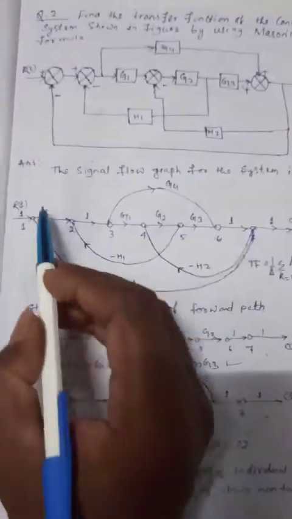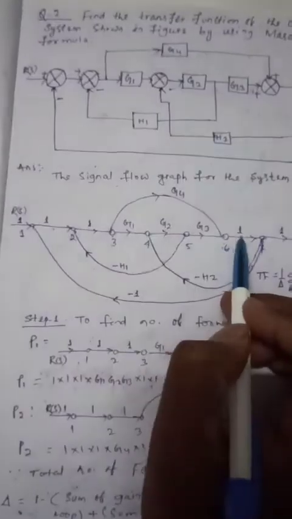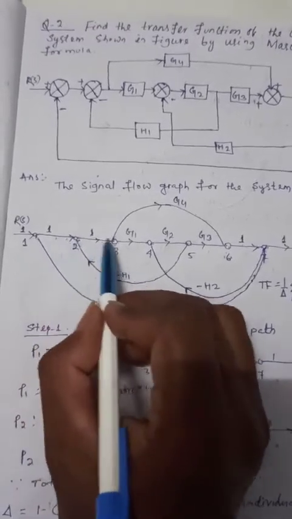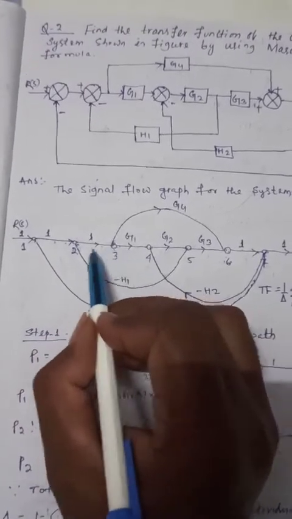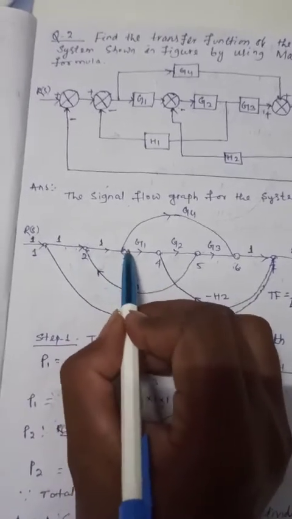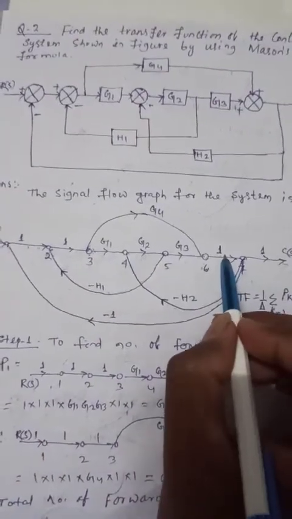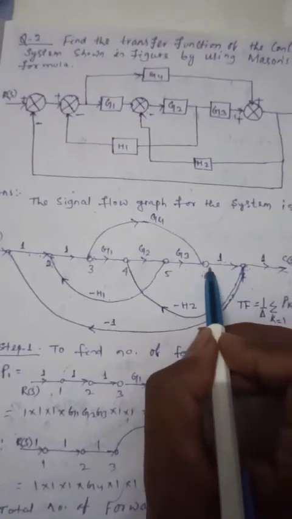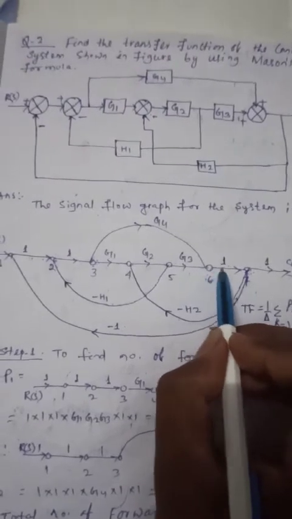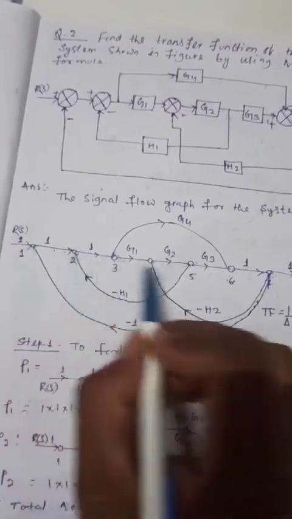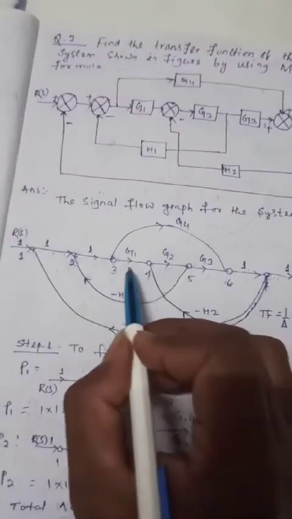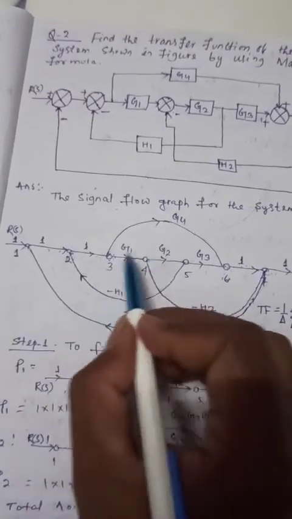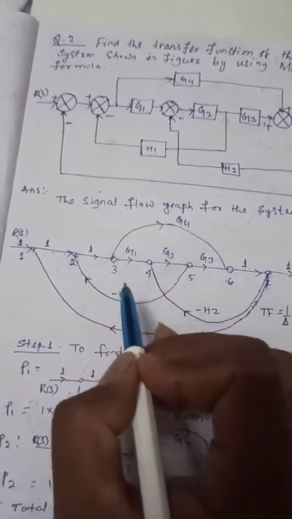Here the path gain is 1, 1, 1, 1. That means node 1 and node 2 also exist in node number 3, which is why all the node points are connected here. Here also the path gain is 1. So node 7 is again connected to node 6. So nodes 1, 2, 7 are connected to 3 and 6 respectively. So all the loops have a common node.